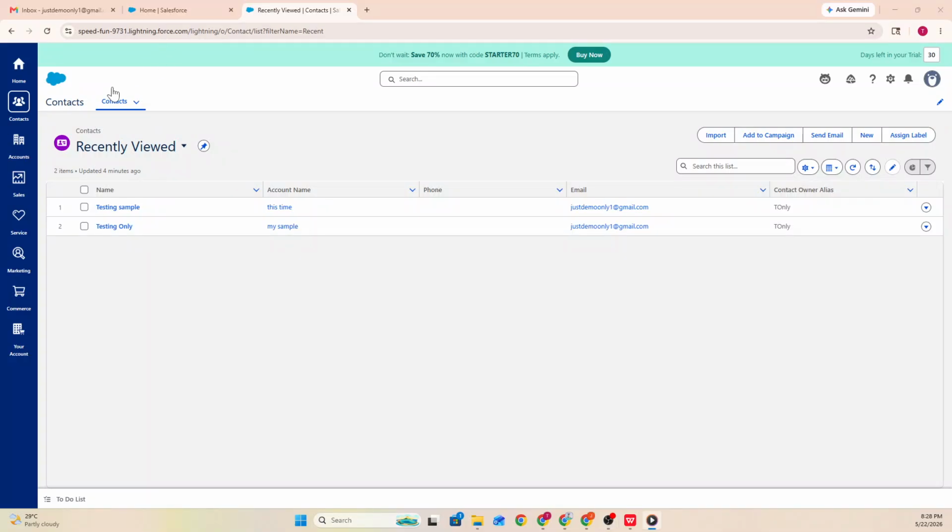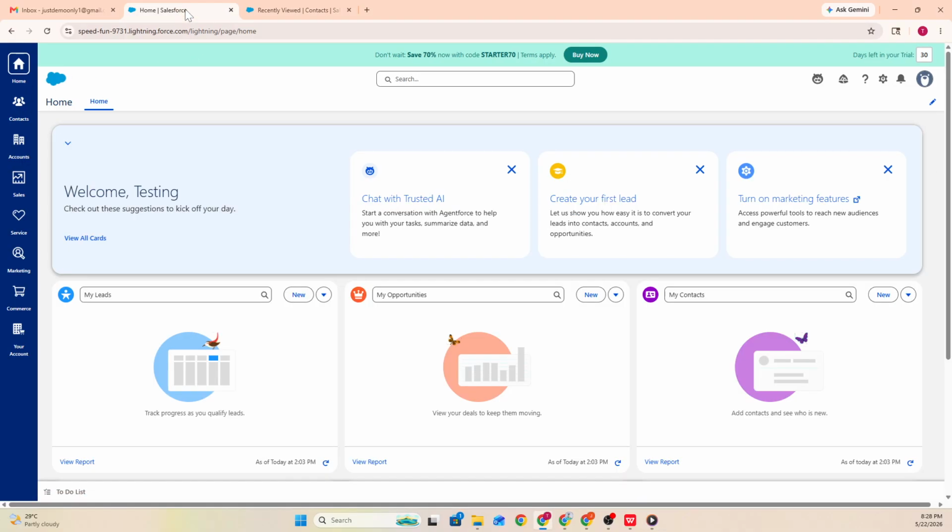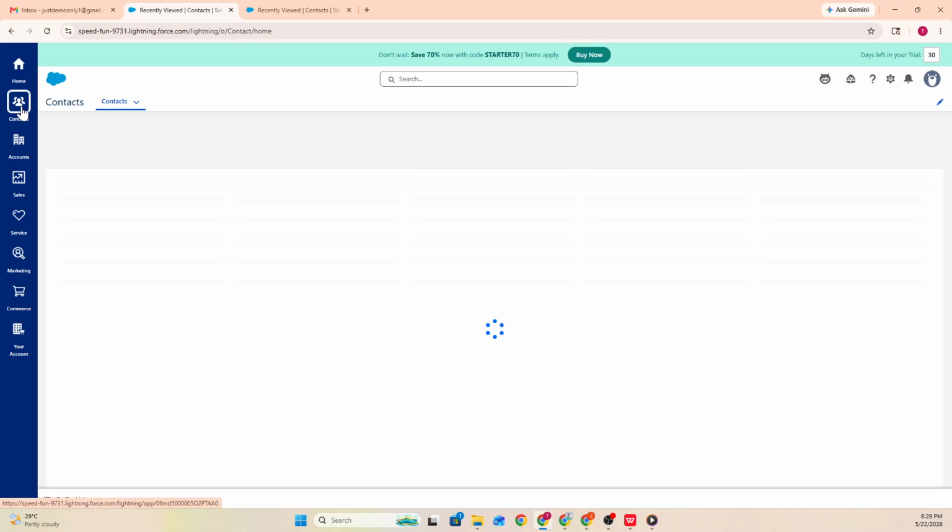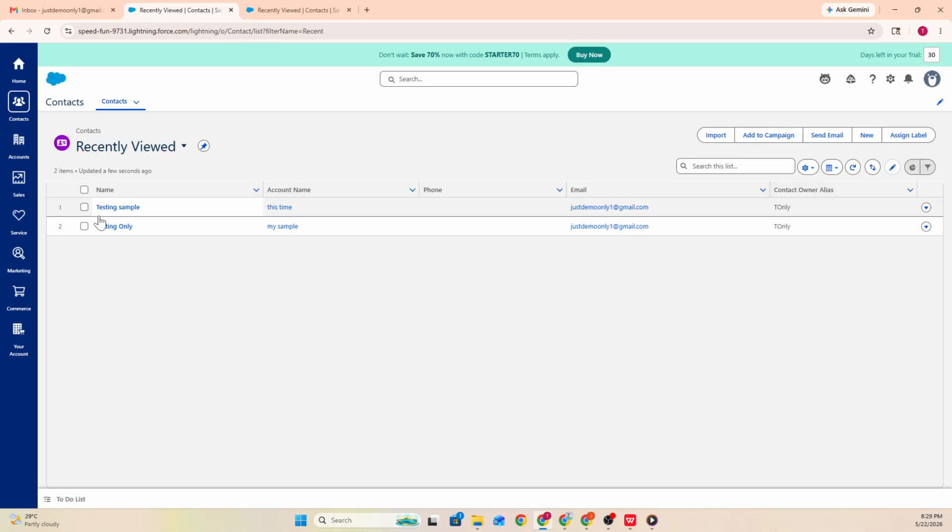In today's video, I will walk you through how to add contacts to a campaign in Salesforce. To begin, move to the Contacts section inside Salesforce. Once you select Contacts, wait a few moments for the page to finish loading and display the available contact records